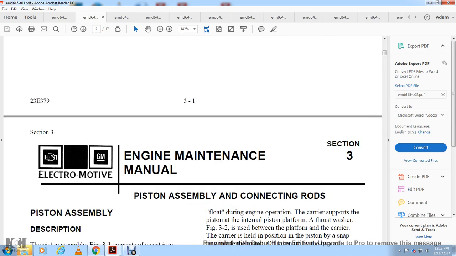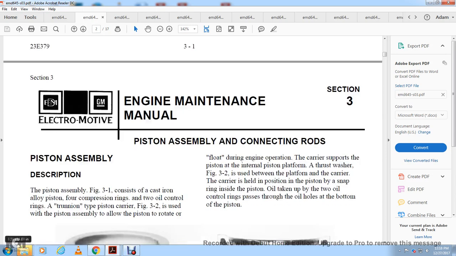Alright, the electric motor with engine maintenance, engine and maintenance manual, section 3, piston assembly, connecting rods, piston assembly description. Piston assembly, figure 3-1, consists of a cast iron piston with the alloy, 4 compression rings, the 2 oil control rings, a piston carrier with the figure 3 tube